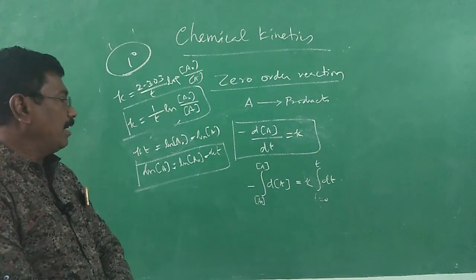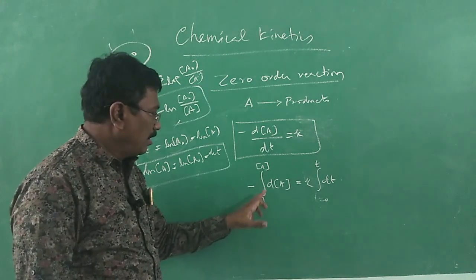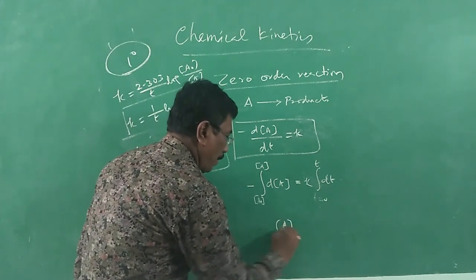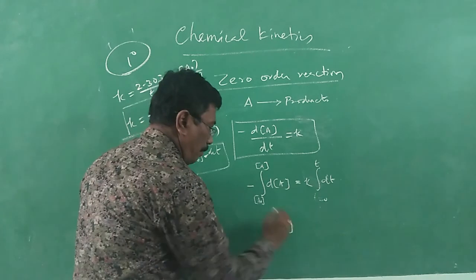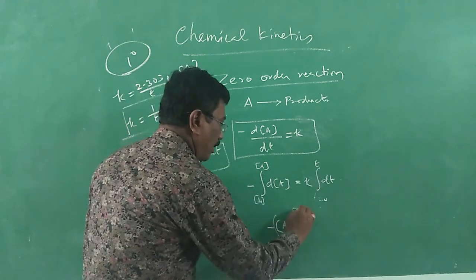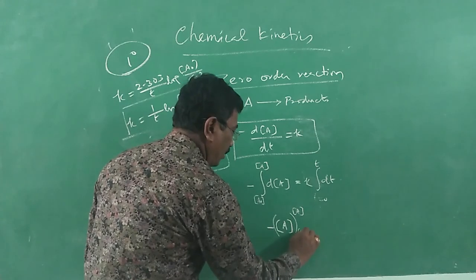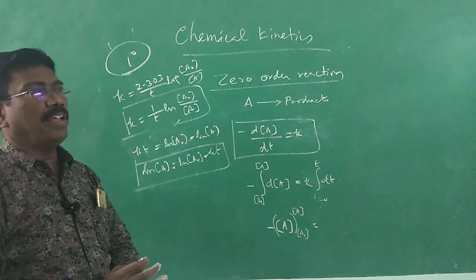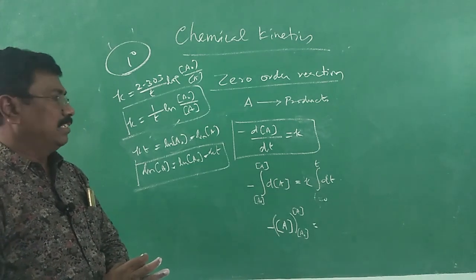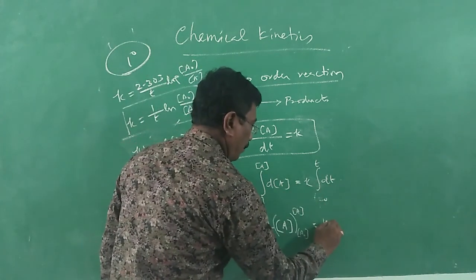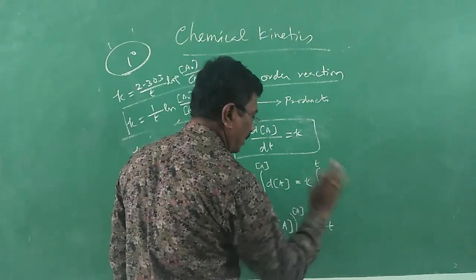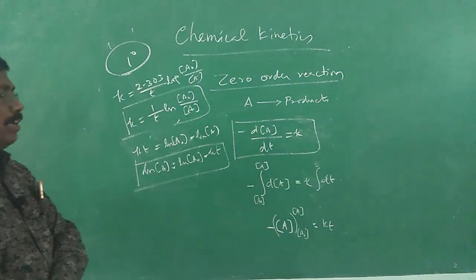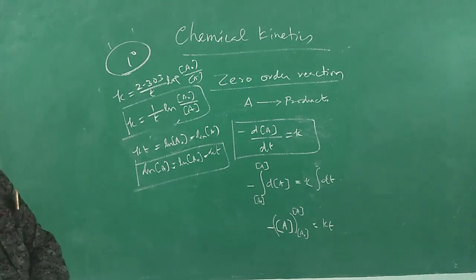When we integrate between the limits, it is nothing but dx, and the integral of dx is x. Therefore here we get A minus A naught, the initial concentration, which is equal to K times t minus t naught. When it is integrated, it will become Kt. At t equal to 0, the lower limit t naught will be 0, and therefore we can say simply Kt.